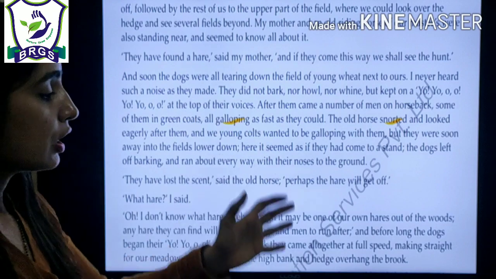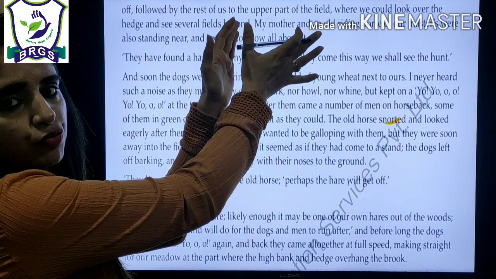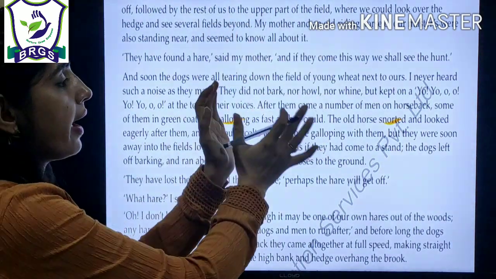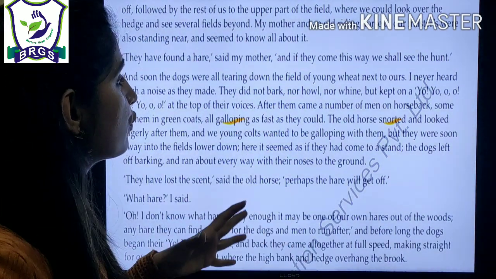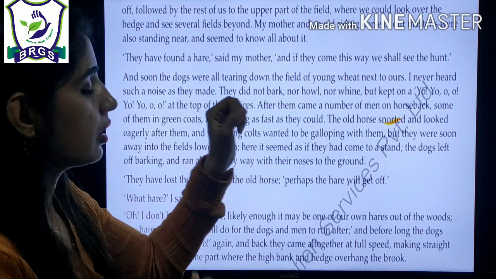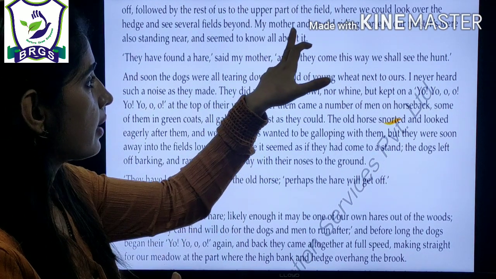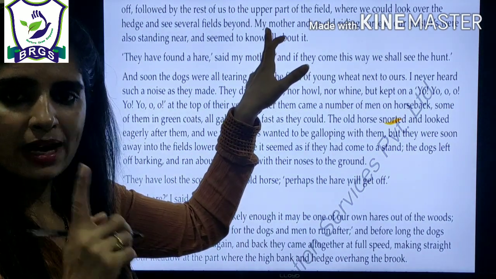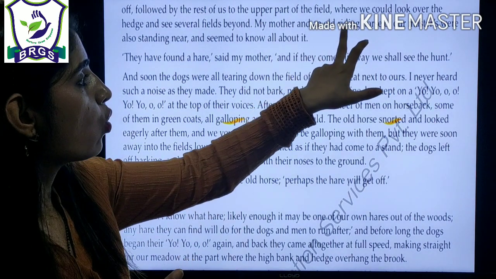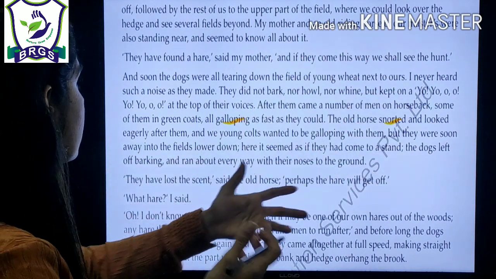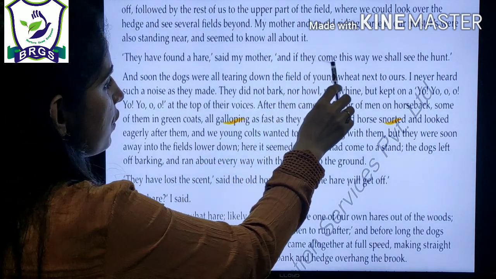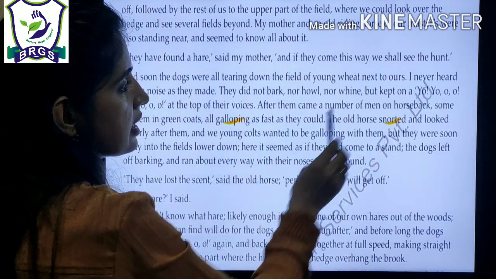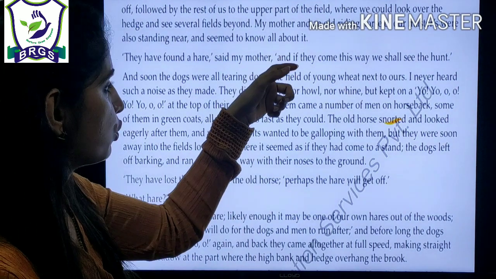And then they moved to the upper part of the meadows, grasslands, and they looked here and there, everywhere. With them, the narrator's mother, meaning Black Beauty's mother, and an old riding horse were also standing there. "They have found a hare," said my mother, "and if they come this way, we shall see the hunt." Black Beauty's mother said,